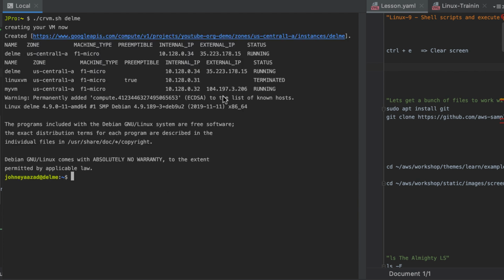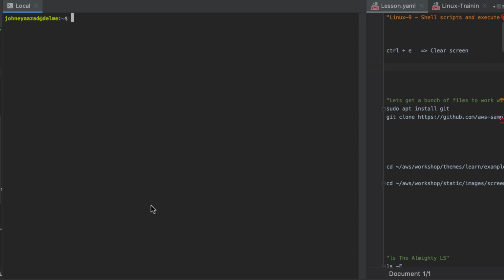Alright guys, my machine is up. Once again, I'm going to do Ctrl L to clear the screen, okay? Not Control E, Control L. All right, now one of the things that we need for the next exercises,